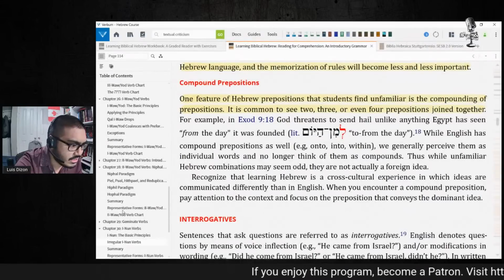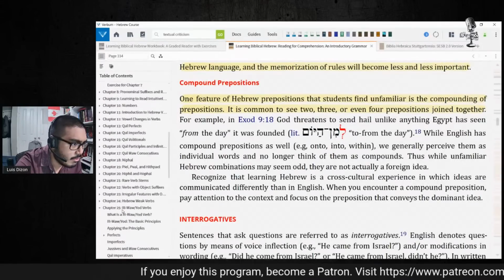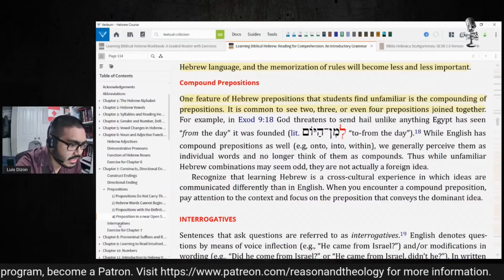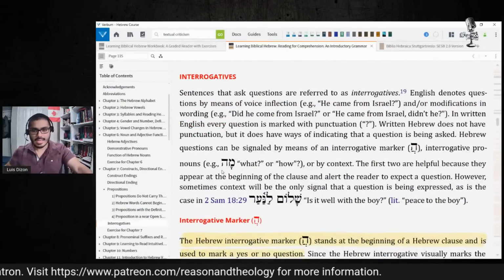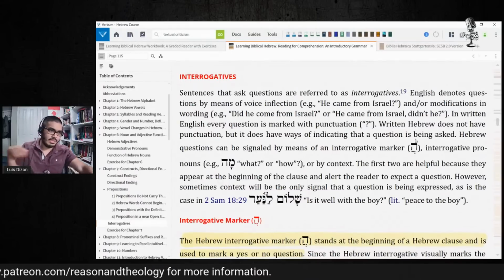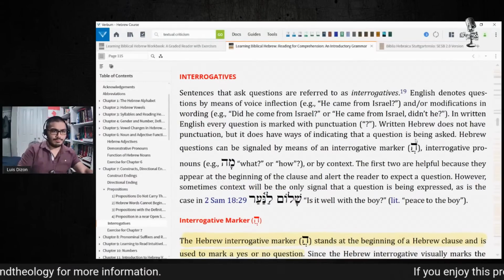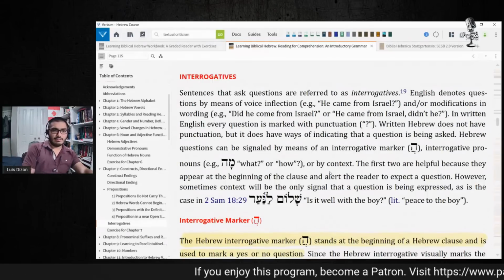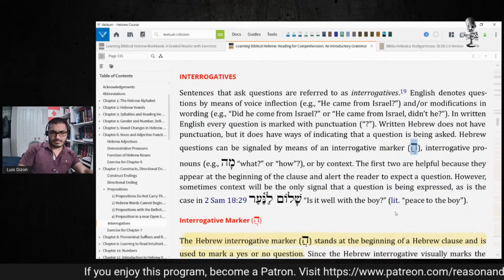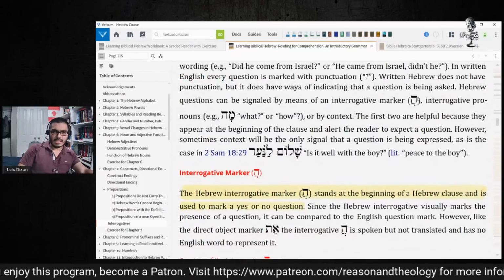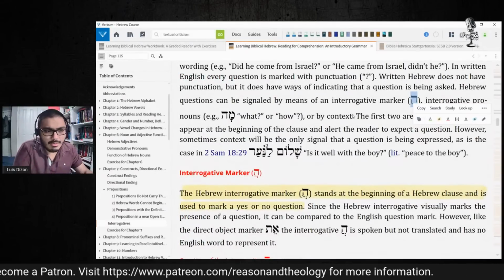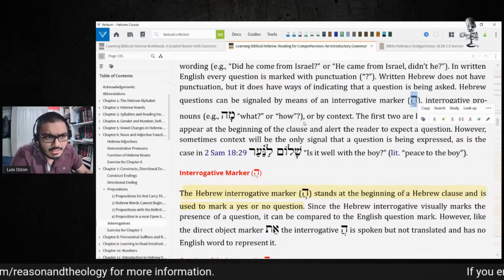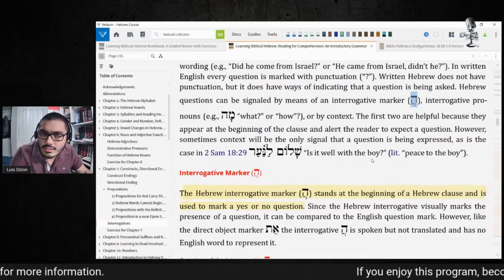Before we do that, there's just one more thing that we need to cover for chapter 7, and that is interrogatives. Asking questions is something that comes up a bit. If you are asking a yes or no question, you have what is called an interrogative particle, which is a hey with a patach at the bottom. But there's actually a shva with patach, not just a patach,